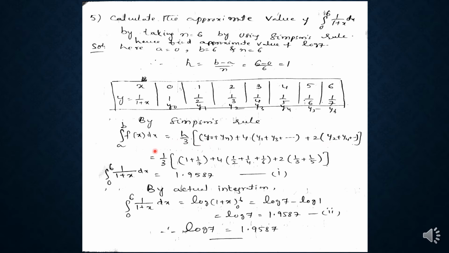We got h is equal to 1 here, so that is 1 by 3 into y0 is 1 plus the last ordinate is 1 by 7, 1 plus 1 by 7 plus